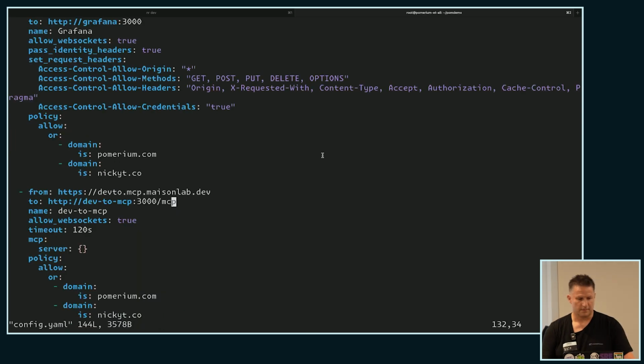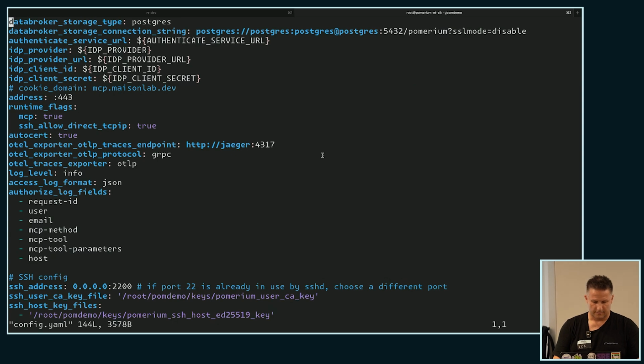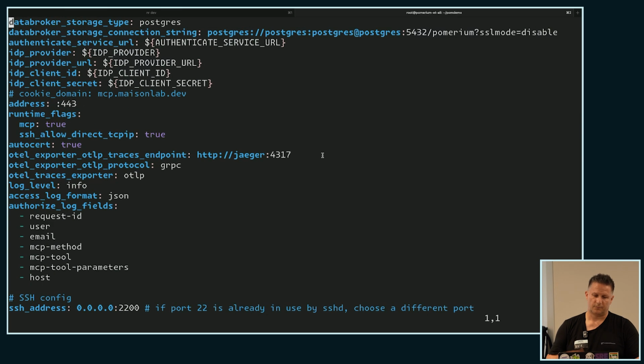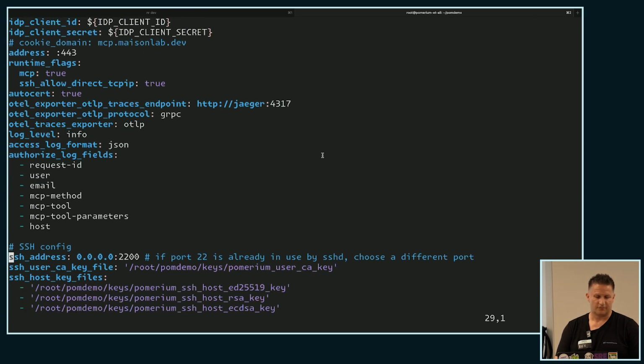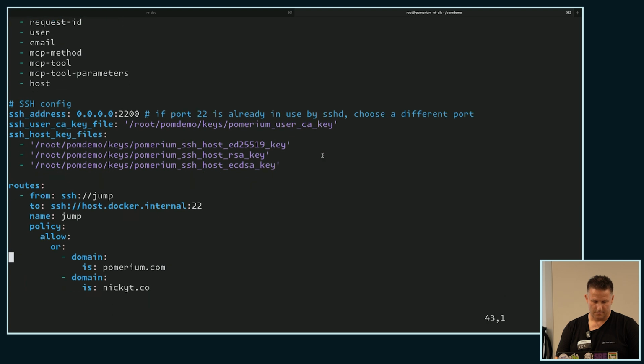Okay, so this is a Pomerium-specific config, but this is how you can configure the identity-aware proxy. And again, everything here is open source, so this is not me trying to get you to buy something. You can pull this down. We have some MCP app demos too that I can share after. Essentially, this is a stable feature, but we've marked it as experimental still, or you need a runtime flag, just because it's good to use flags basically. So if we come down here,